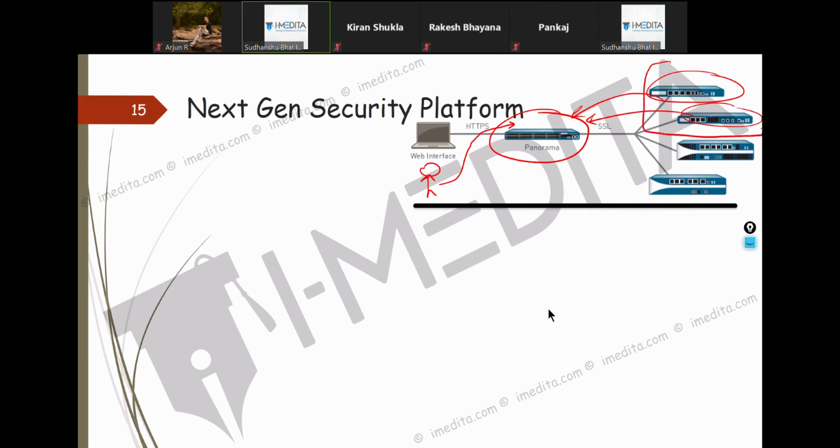Like suppose this is the Indian firewall, this is maybe our UK firewalls, and like that you can have device groups. And whatever security policies you create on Panorama, they get pushed to these firewalls.